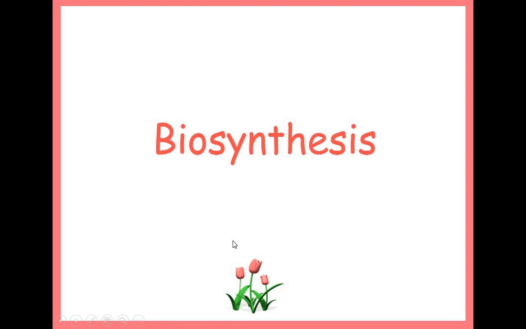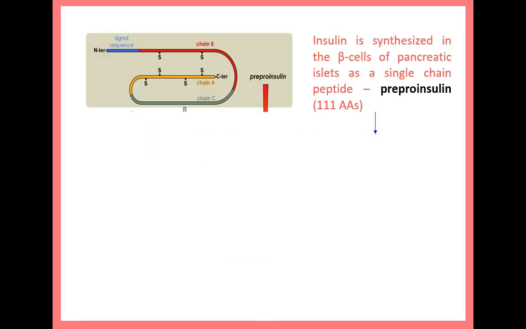Moving towards the biosynthesis of insulin. It is synthesized and stored in the pancreatic beta cells. It does not happen like that whenever there is an increase in blood sugar level, only then the beta cells start synthesizing insulin. They already have a storage of insulin. So this is your major kitchen for the synthesis of insulin. The precursor, the major peptide, is pre-proinsulin.